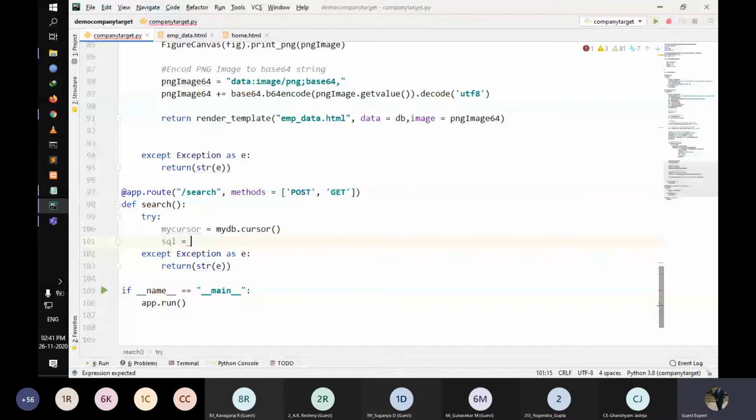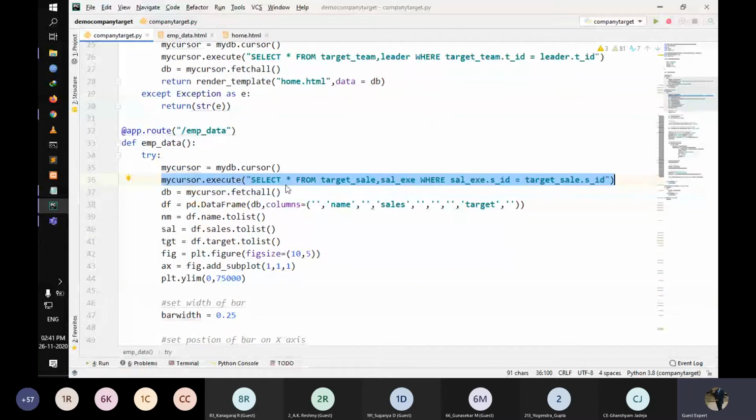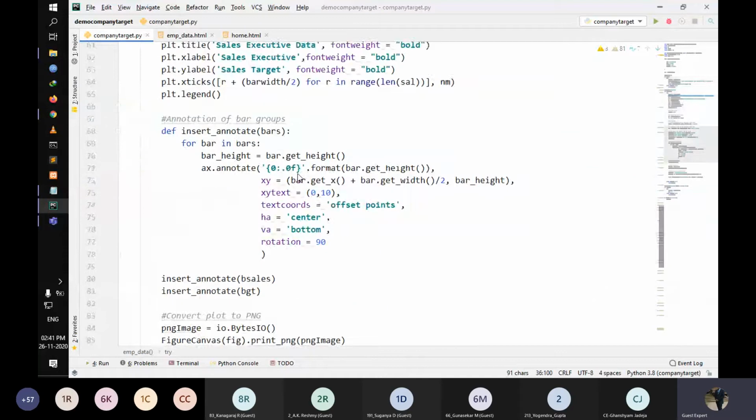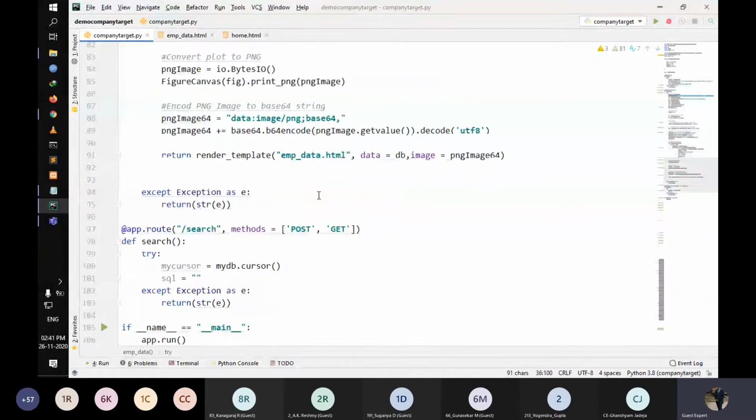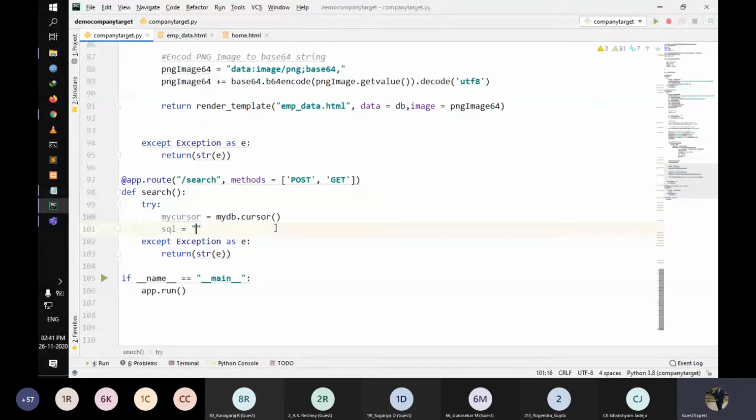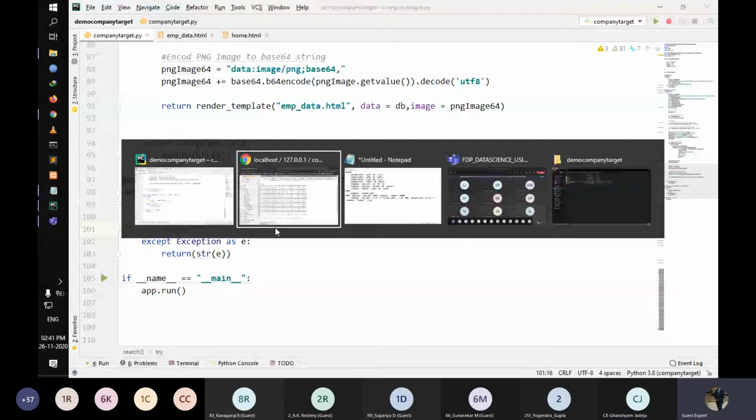So I'm defining a variable, and I'm going to assign a query to this variable. I will show you the difference. What we did here, we directly executed a query because we didn't need to provide it any value from outside. But right now we are going to assign a query which we will run here.